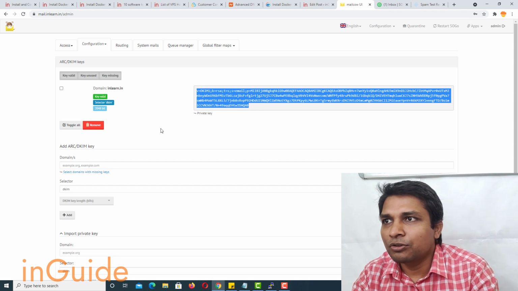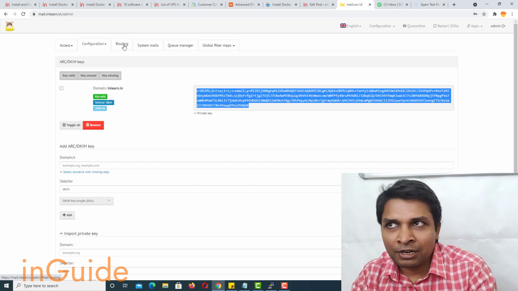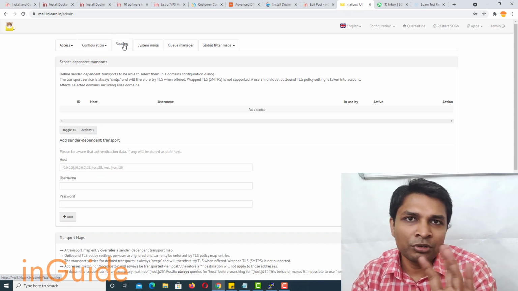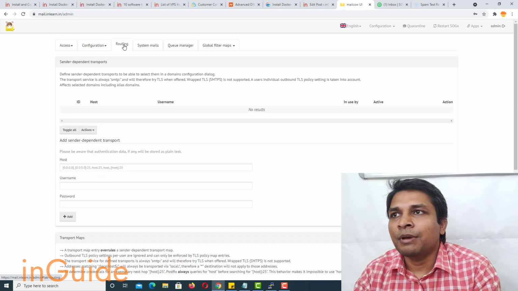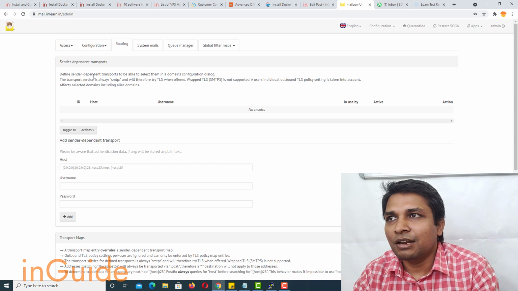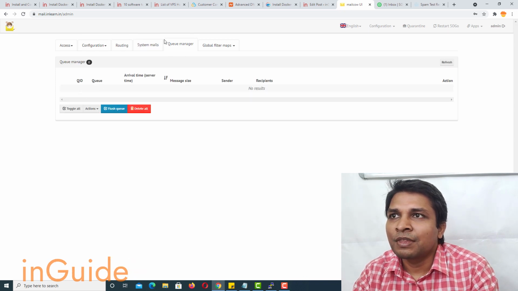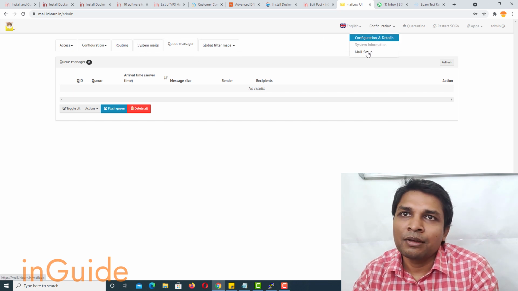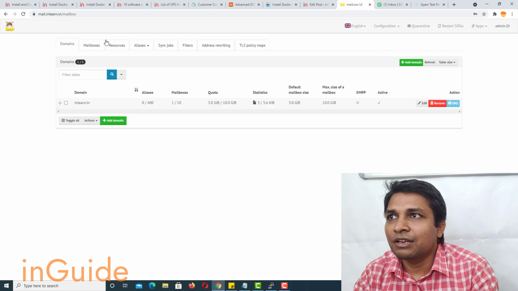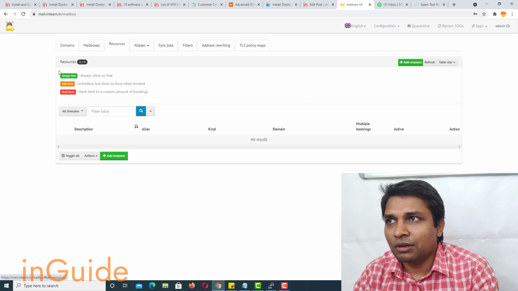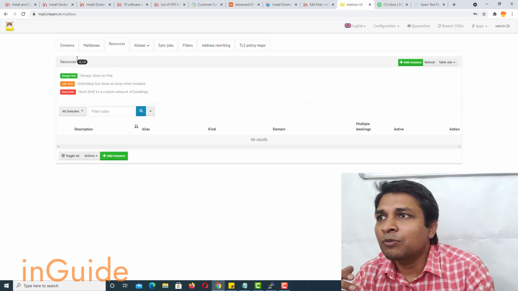So let's come back to MailCow, and here you can further explore MailCow. It's a very good system, and here you can see routing, system mails, queue manager, and also if you go to mail setup, you can further explore.